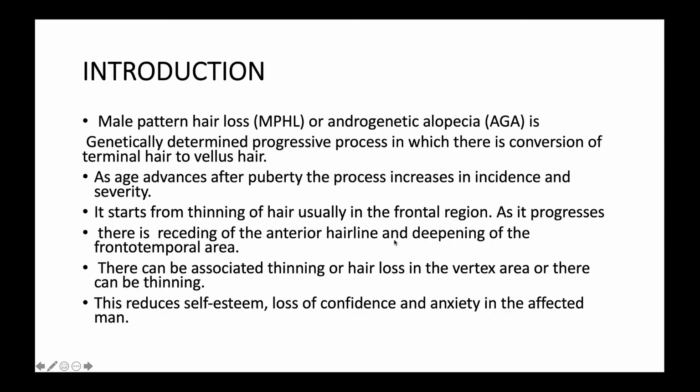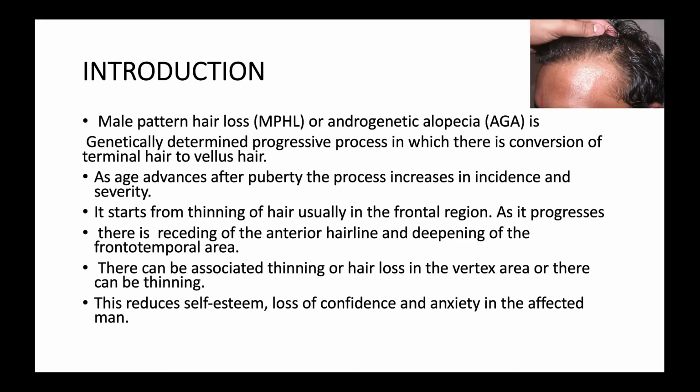area. The male pattern hair loss or androgenetic alopecia is a genetically determined progressive process in which there is conversion of terminal hair to vellus hair. As age advances after puberty, the process increases in incidence and severity. It starts from thinning of hair, usually in the frontal region. As it progresses, there is a receding of entire hairline and deepening of